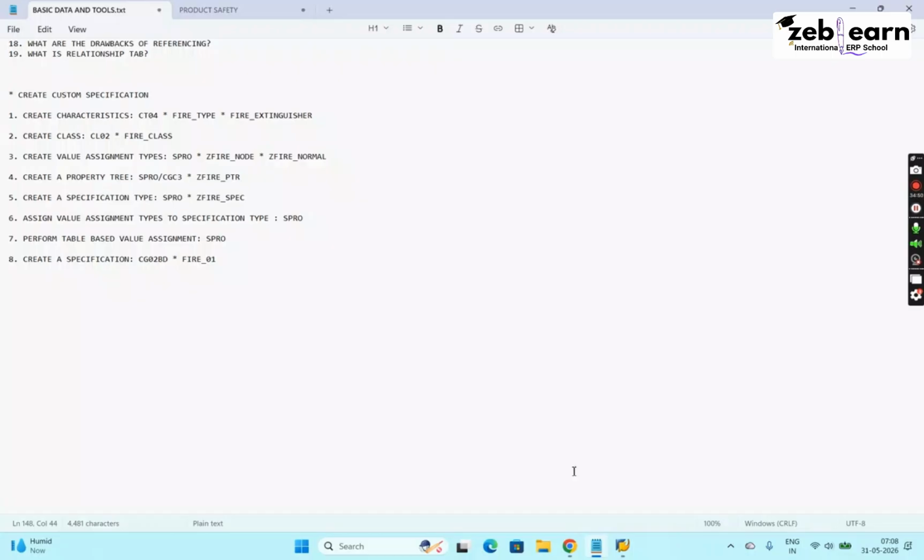At last, what you have prepared, sir? So from there, the creation of specification steps shall be started, from characteristics, classes, names, from here, from step number 1. See, I will share one document. That document is a sample document. It will tell you how to create a custom specification, step by step. Okay, you can please follow that